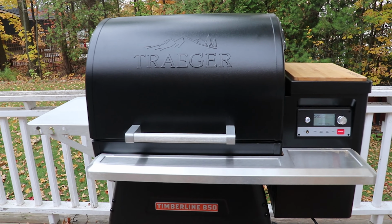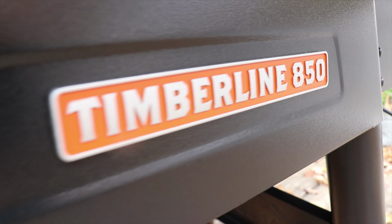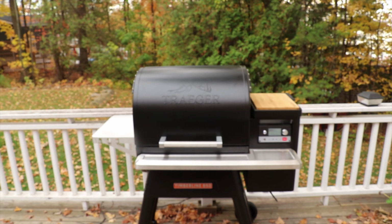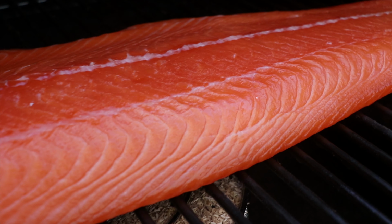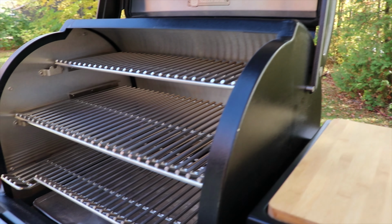Today we'll be doing our first impressions and review of the Traeger Timberline 850. This is one of Traeger's higher end pellet grills, and we're really excited about trying it out. For those of you who follow us on the channel here, you'll know we've been using the Pro Series 34 a lot. We love that grill, but we're excited about trying out a higher end version of it as well,